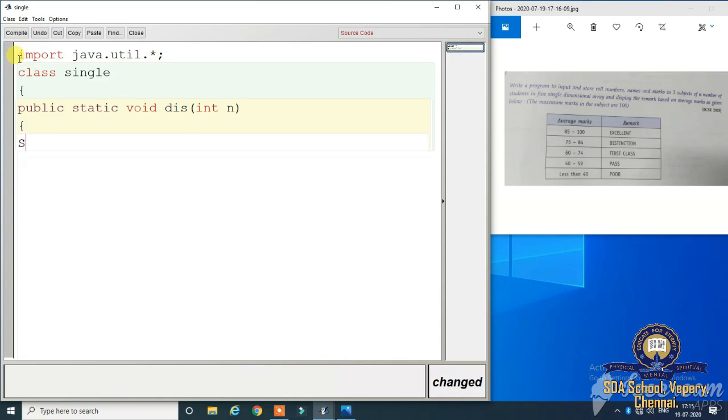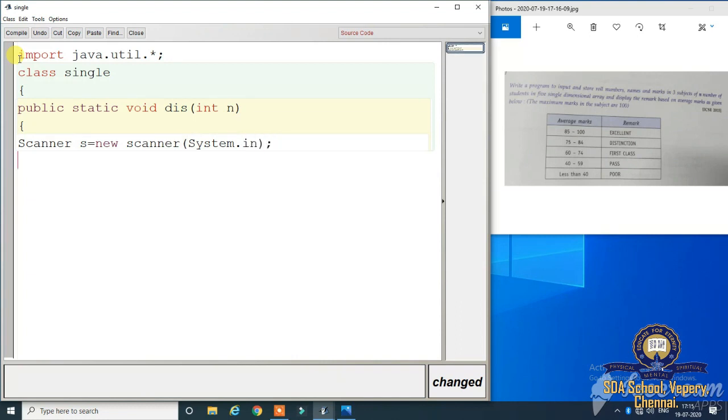Scanner class. Scanner s is equal to new Scanner of System dot in.